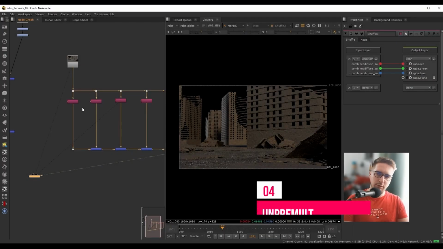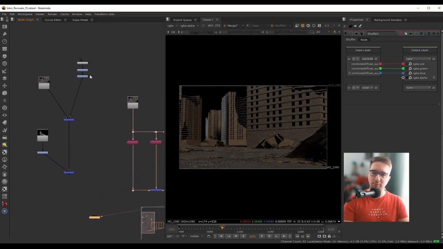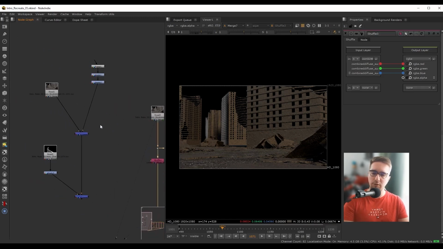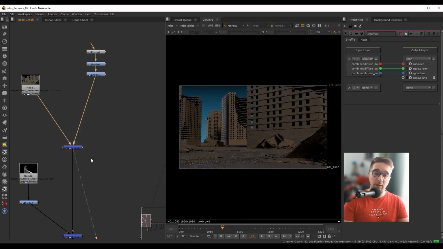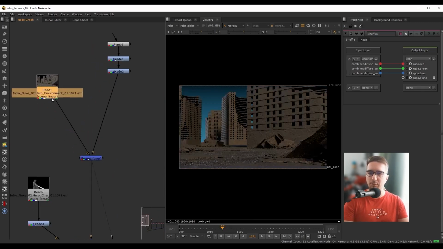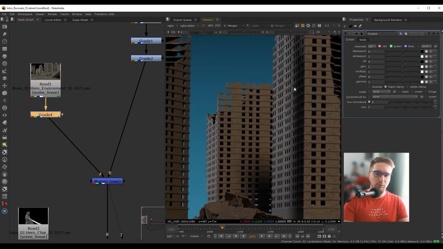Now, unfortunately, we can't just start grading right away. There's still one more step that we have to do first, and this has to do with unpremultiplying the layer. So what do I mean by this? Let's maybe just first go to our original example. So here we have the ramp, that's the background, and on top of this we bring over our environment. And for example, if I were to add a gray node here and I want to do, let's maybe gain